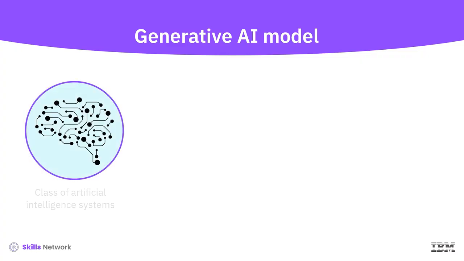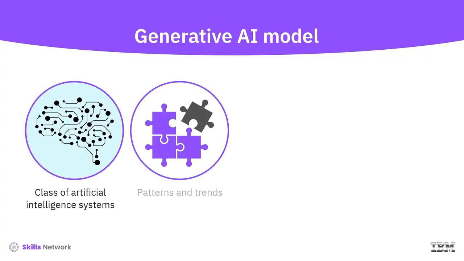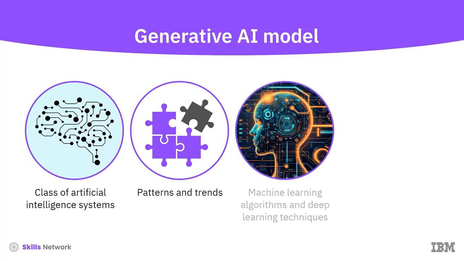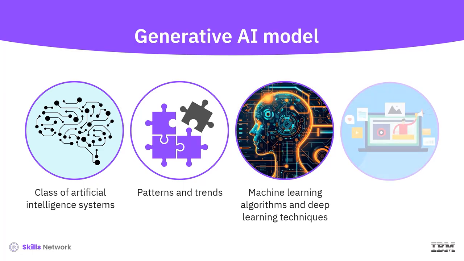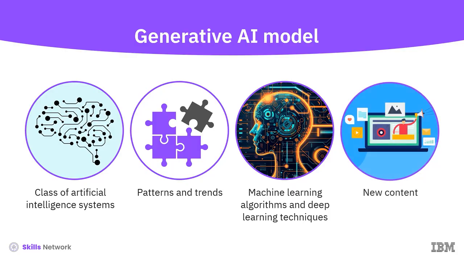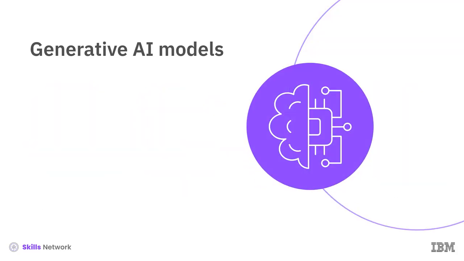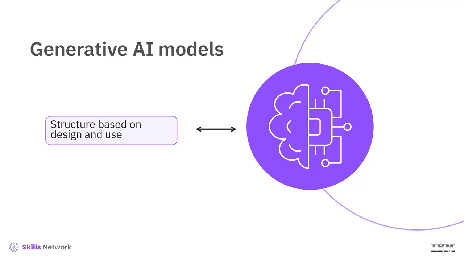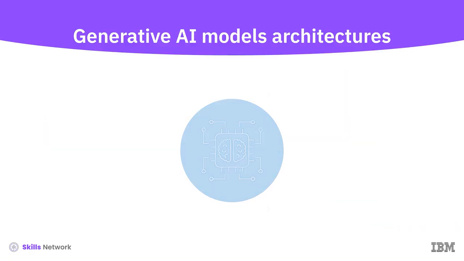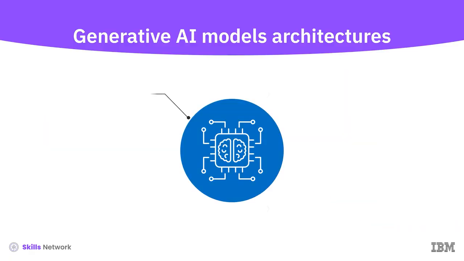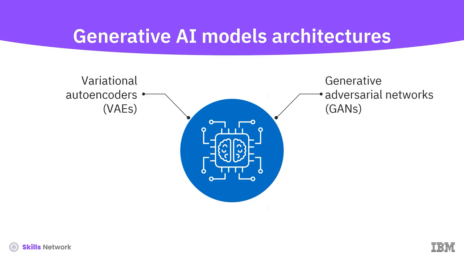Generative AI models are a class of AI systems that learn from large datasets by recognizing patterns and trends. By learning from the data, they use machine learning and deep learning algorithms to create new content. The design of a generative AI model changes depending on what it's designed to do and how it will be used. Some common types of generative AI models are variational autoencoders, or VAEs, generative adversarial networks, or GANs, autoregressive models,